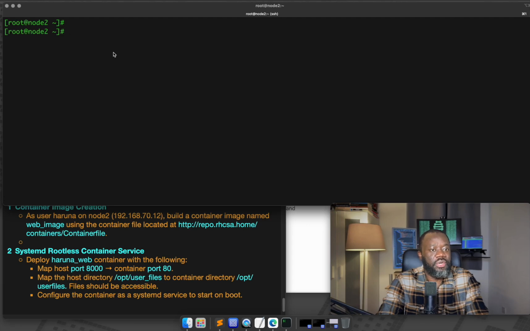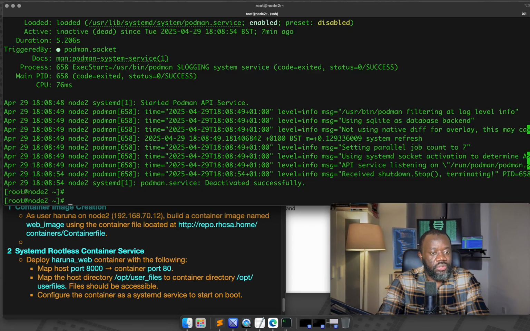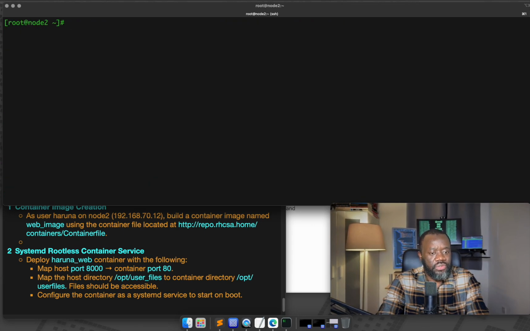So let's see if Podman is installed. systemctl status podman. Yes, Podman is installed and running. That's good. So the task is for us to do this: